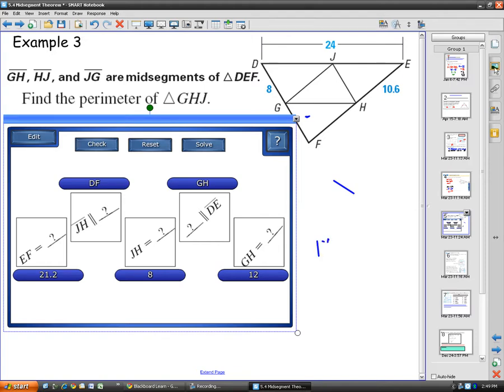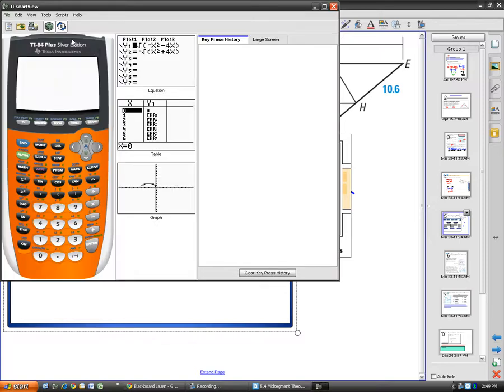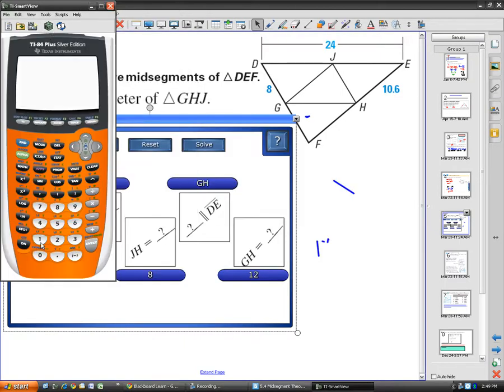There's too much going on, so I apologize for that. So I'm going to take 10.6 plus 8 plus 12, and there is my perimeter. 30.6 is the perimeter of the smaller triangle in there. Now moving on to the next